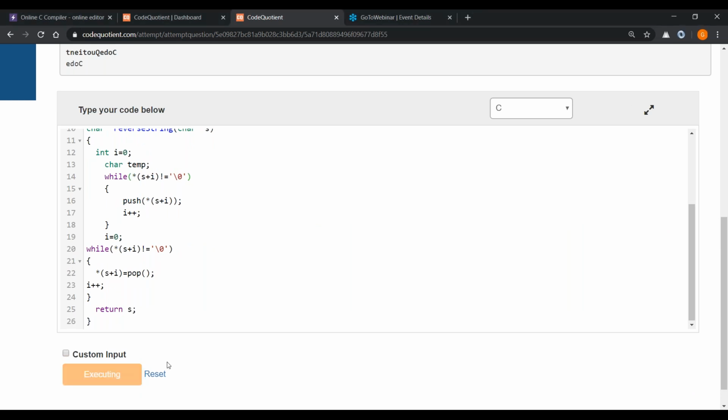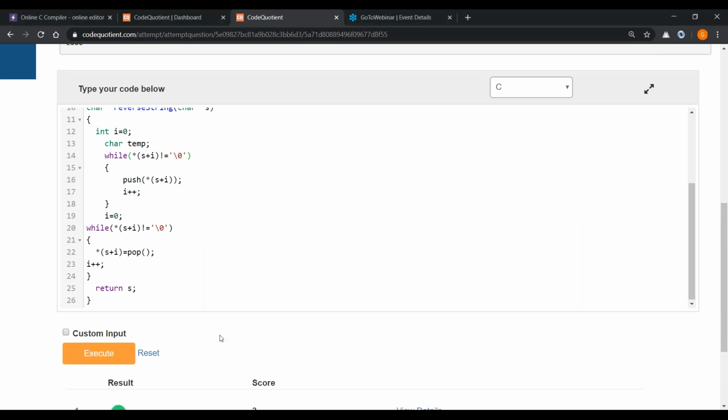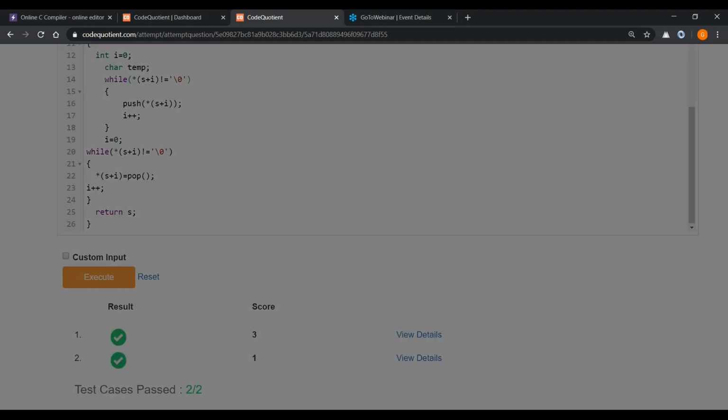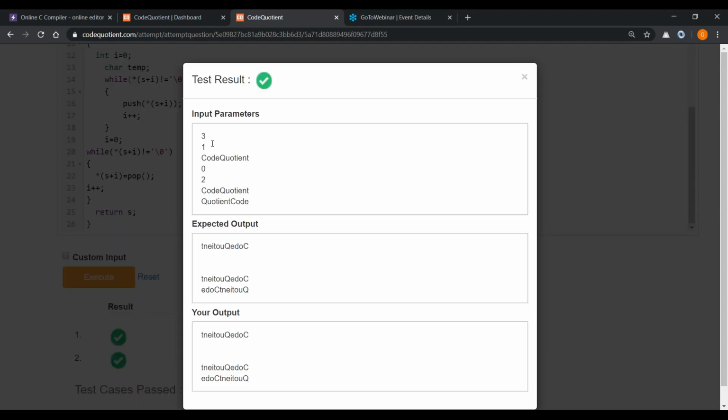And if I execute it, let's see whether it works or not. Yes, it works. So these were the details. In the case, what was it? 3. Then I entered 1. It was code quotient. Okay. Then 0 and 2. So for code quotient, it gave me the expected output.